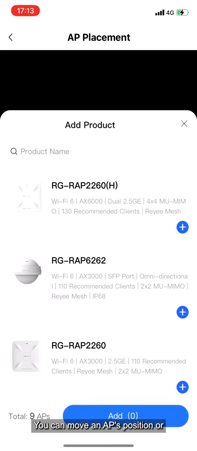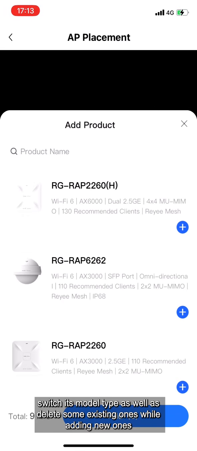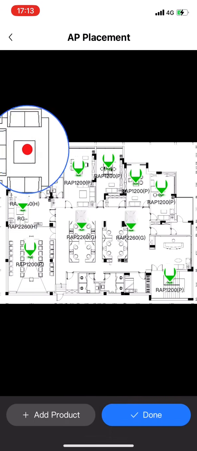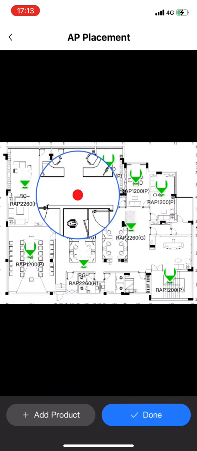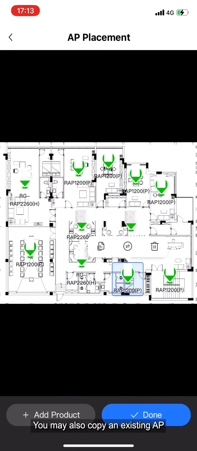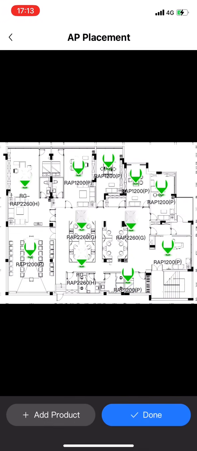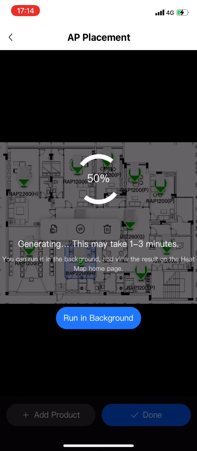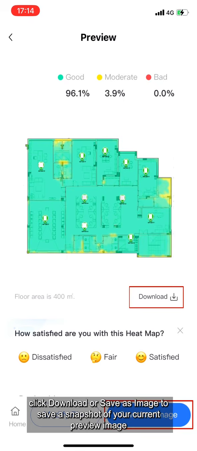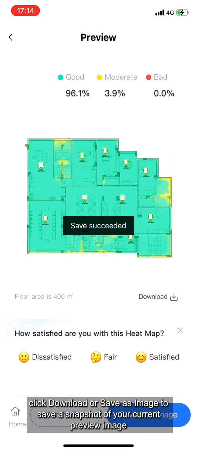You can move an AP's position or switch its model type as well as delete some existing ones while adding new ones. You may also copy an existing AP, saving changes. Once satisfied with any modifications made, click Download or Save Image to save a snapshot of your current